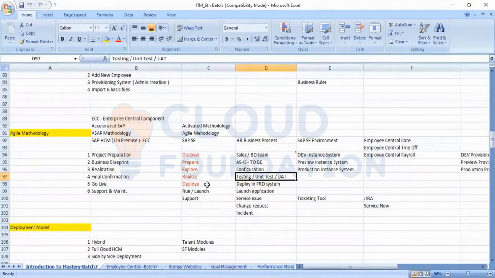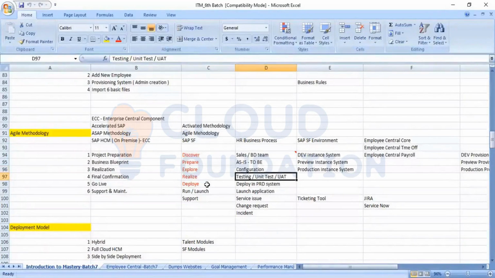That is coming under the realize phase. The purpose of moving from development to the test environment, that is the preview environment, is that the test environment is generally accessible by the UAT users, who will be responsible for doing the UAT testing. But the development environment is purely for the consultant, where you are doing the configuration and the testing.